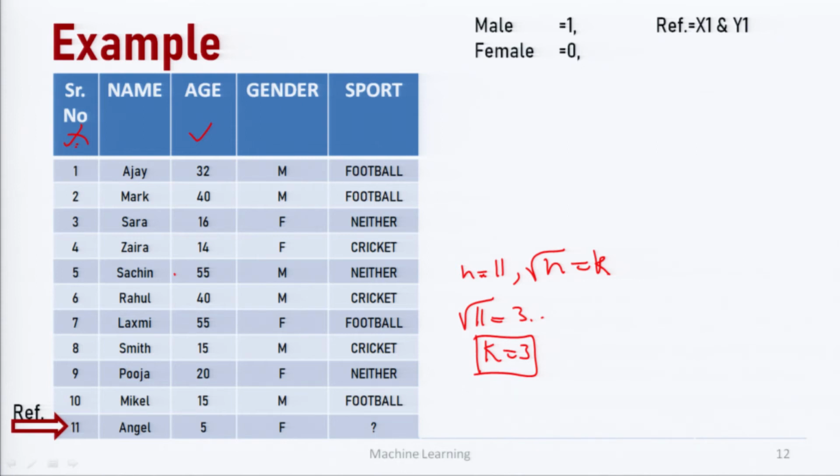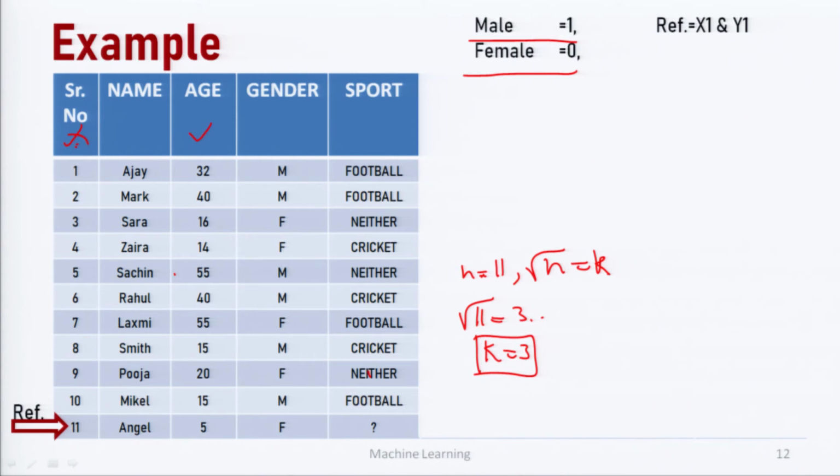We see that only one numeric value is there, and the rest are in terms of text. So, in order to apply the Euclidean distance, we need one more numeric value. We can convert the gender column into a numeric value. Here male is assigned as 1 and female is assigned as 0, and for the new entrant, for whom we want to find whether she plays football or cricket or neither of the two, we need to use the Euclidean distance.